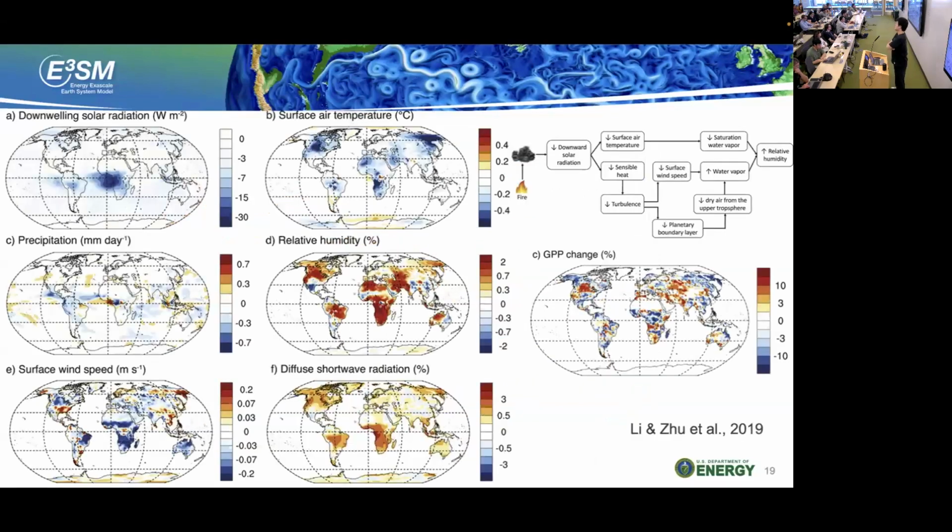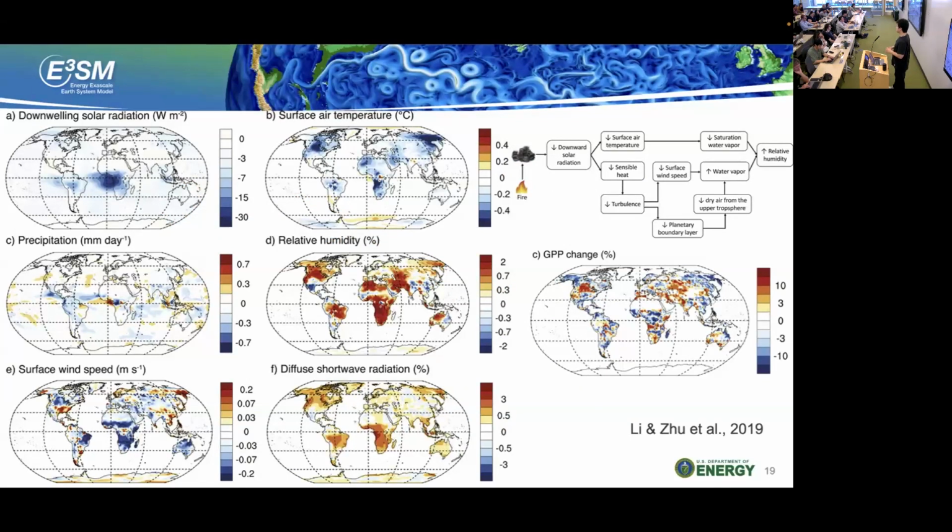And more importantly, we wanted to think about impacts of the land surface BGC calculation also. So this is the feedback loop: you have fire, which then impacts the near surface condition and feeds back to the land surface growth condition for vegetation. The feedback is very complicated, but in the end, you will see the vegetation response because you have the change of radiation, change of temperature and precipitation.